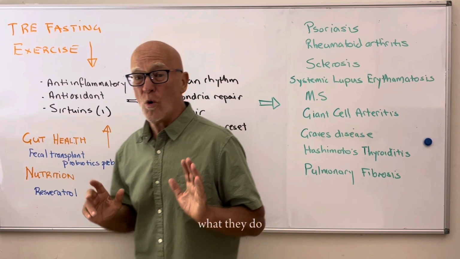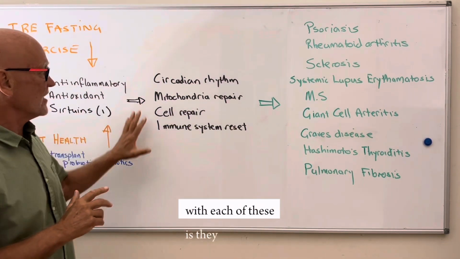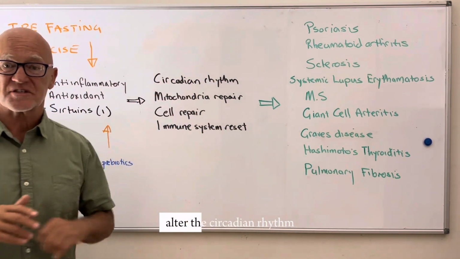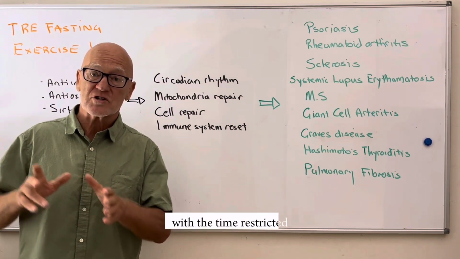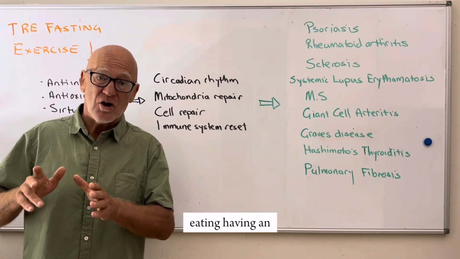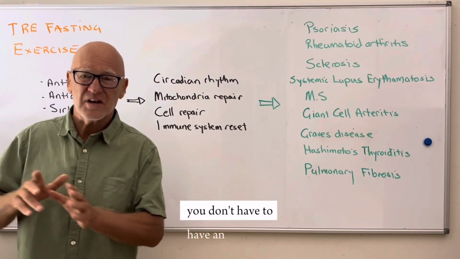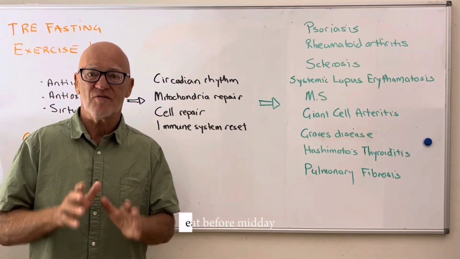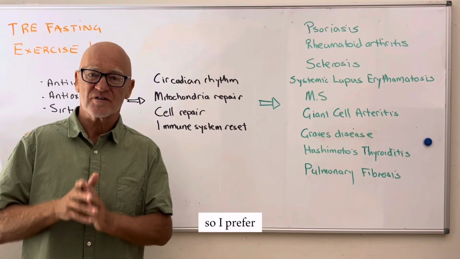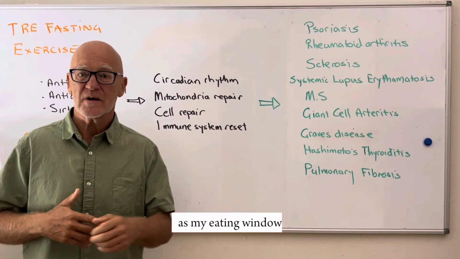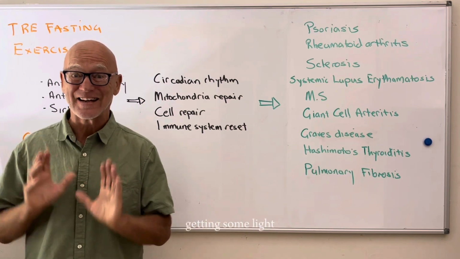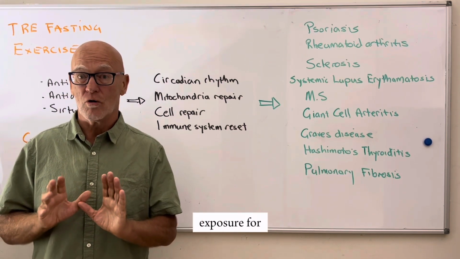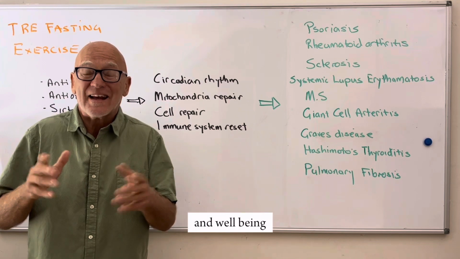And essentially what they do with each of these is that they first of all alter the circadian rhythm. So that's why I suggested earlier with the time restricted eating, having some food. You don't have to have an early breakfast, but you need to eat before midday. So I prefer 10 to 11 o'clock as my eating window. Light is obviously critical here. I'm not going into that, but obviously getting some light exposure for your overall health and well-being, getting that vitamin D